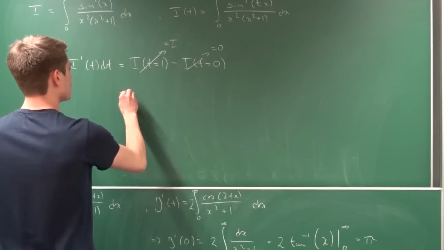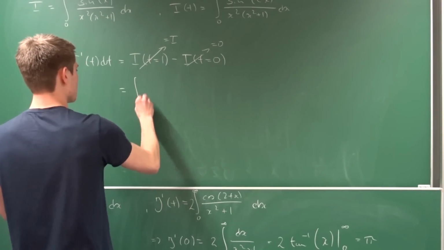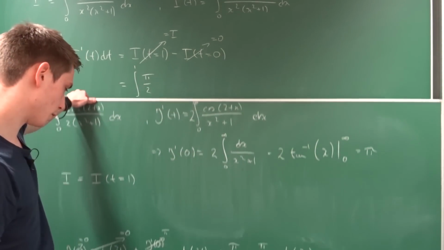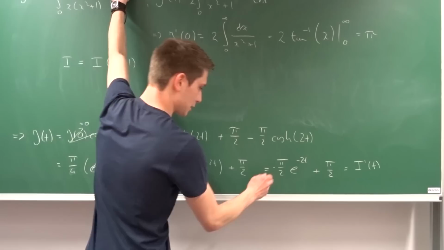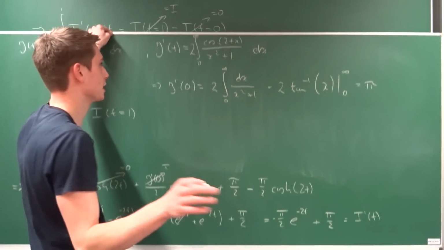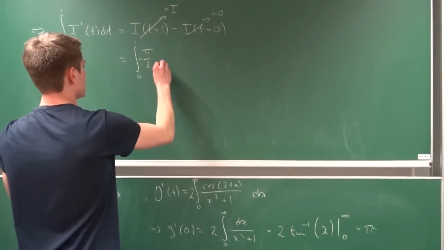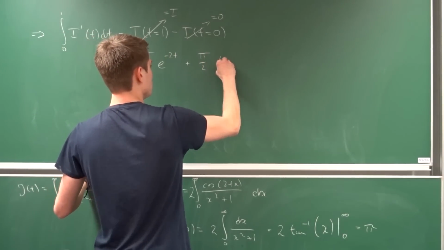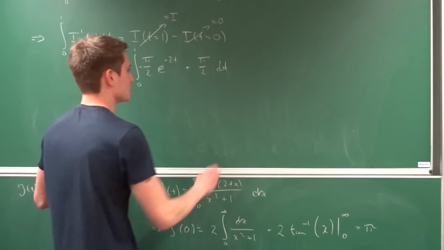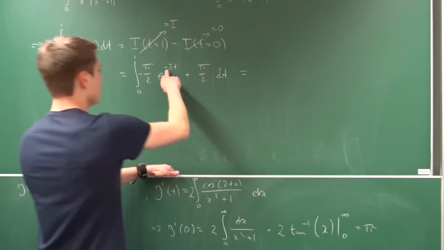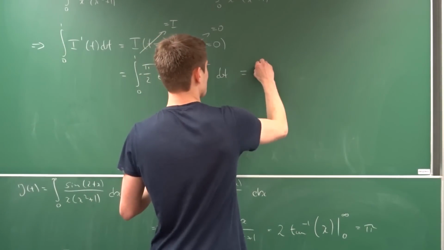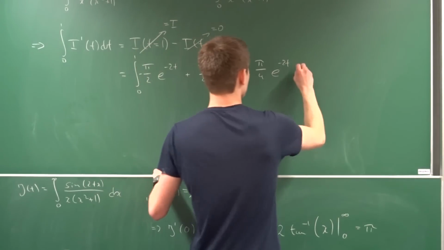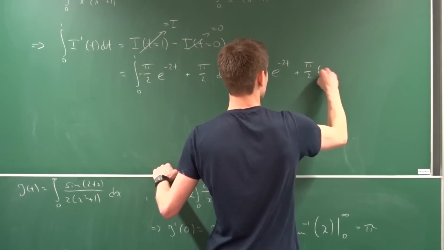Don't go away, chalkboard. Okay, so this is the integral from 0 to 1 of pi over 2, and we have minus pi over 2. Oh my goodness, I totally forgot that. We have a minus sign right here. I'm terribly sorry. So we have minus pi over 2 times e to the minus 2t, and then positive pi over 2 dt. And this is so easy to integrate. We get now minus and minus will become positive. So this is pi over 4 times e to the minus 2t, and then positive pi over 2 times t